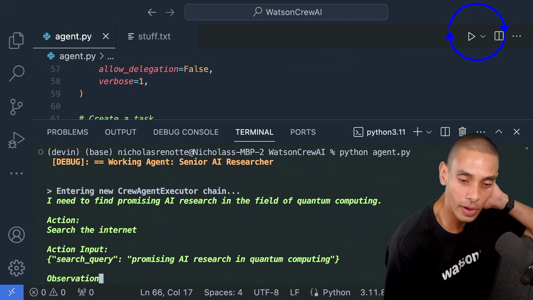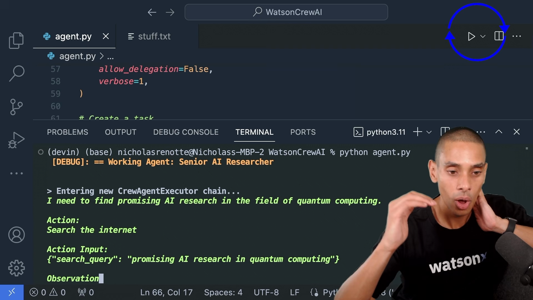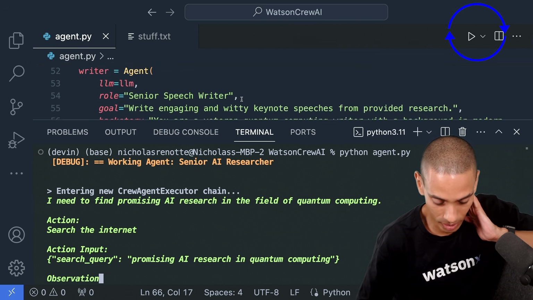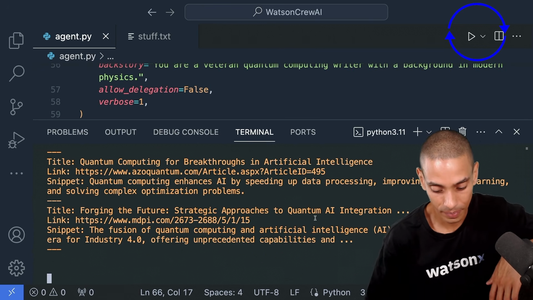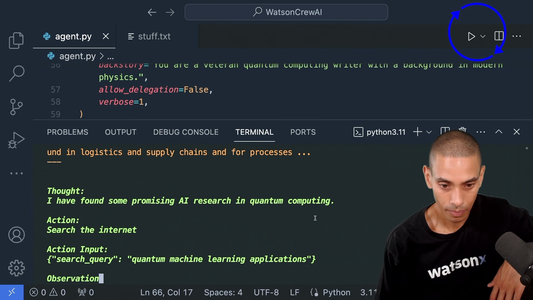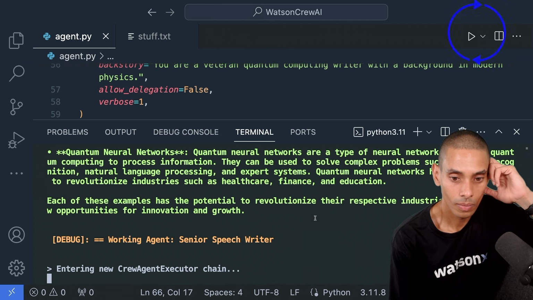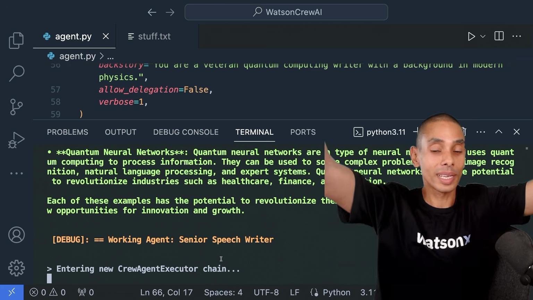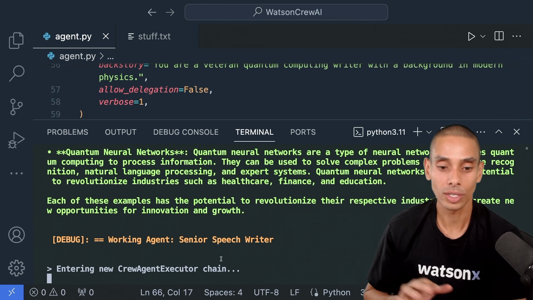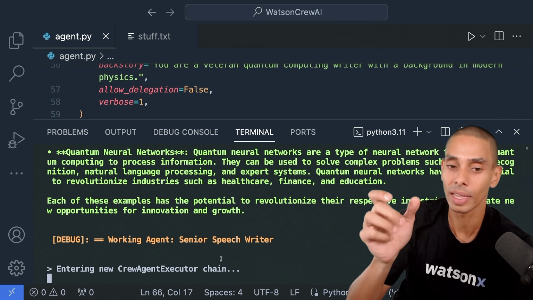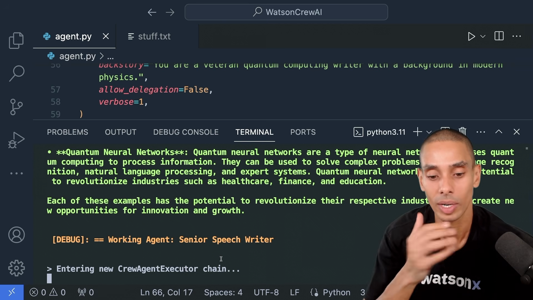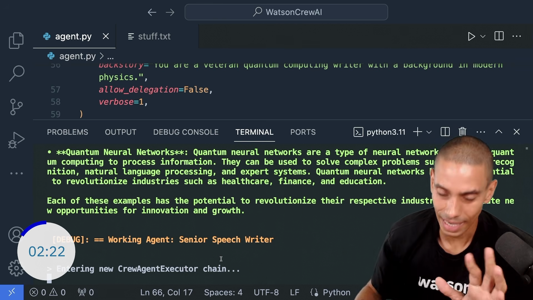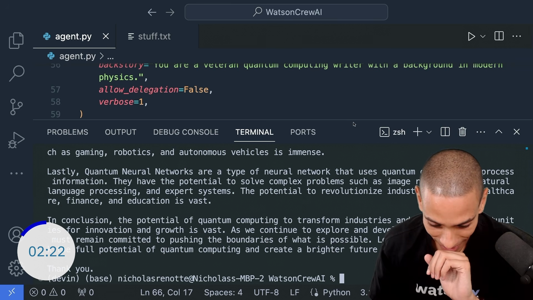Okay, so we're triggering our first bit from our senior AI researcher. Hopefully, once we get to that next stage, we're now onto our, what do we call it? Senior speechwriter is going to pick up from there. Okay. Take a look. So we've now successfully gone and handed off to the senior speechwriter. So this is our second agent kicking in. Hopefully they just write our keynote speech. It might be limited because we've only given it 500 tokens to write the speech, but you sort of get the idea. So fingers crossed, we now get a keynote speech written in under 15 minutes. Not too bad. All right, take a look. That's our keynote speech.